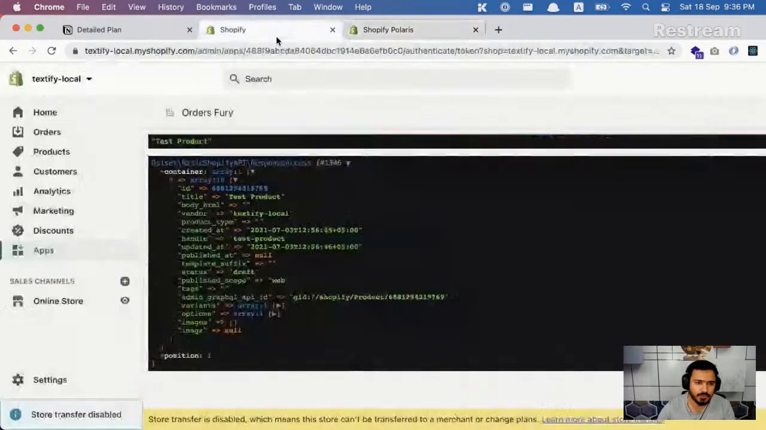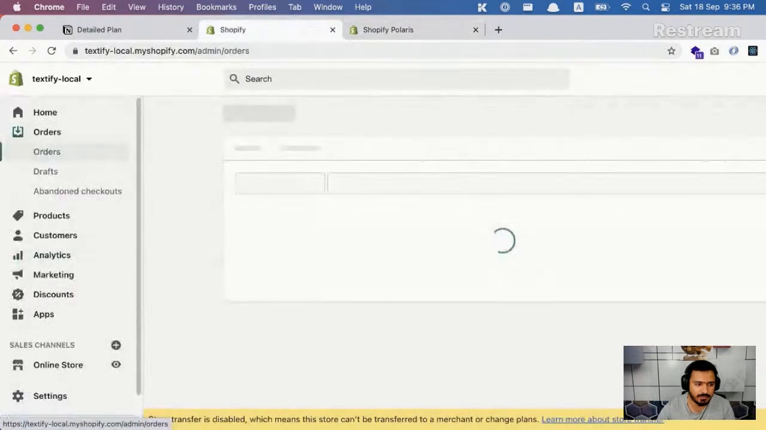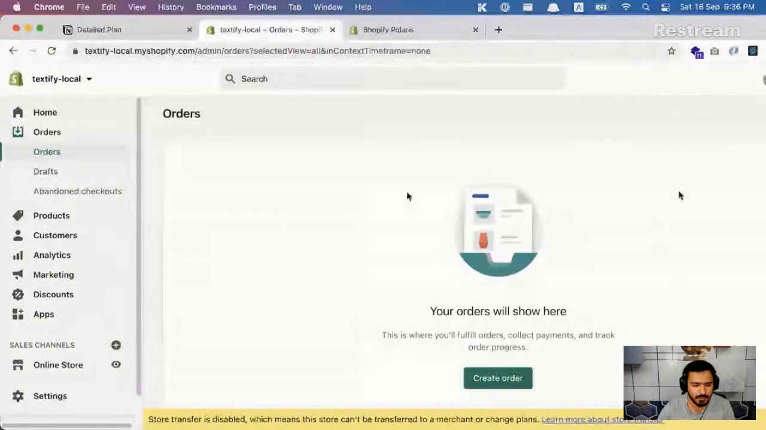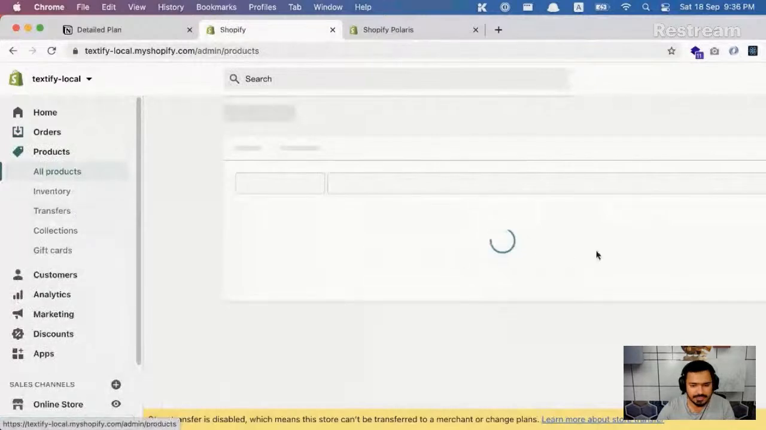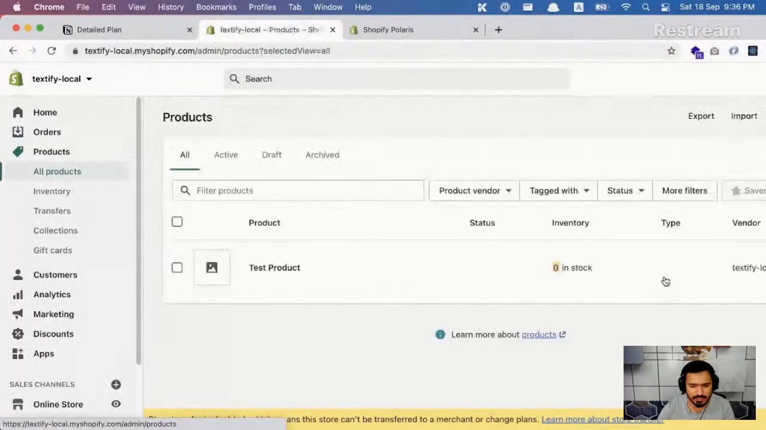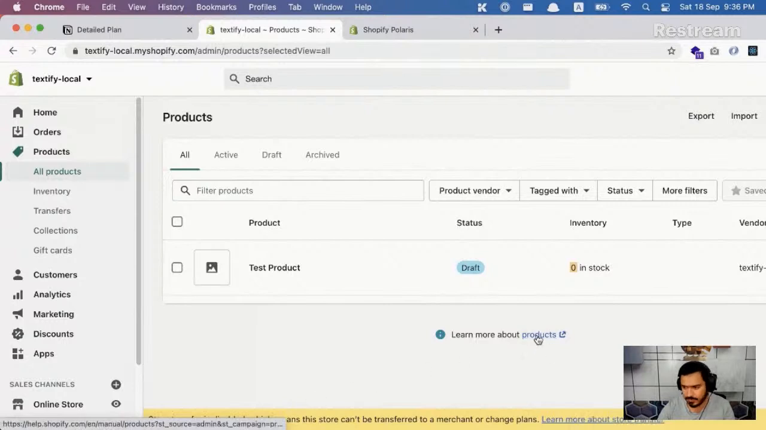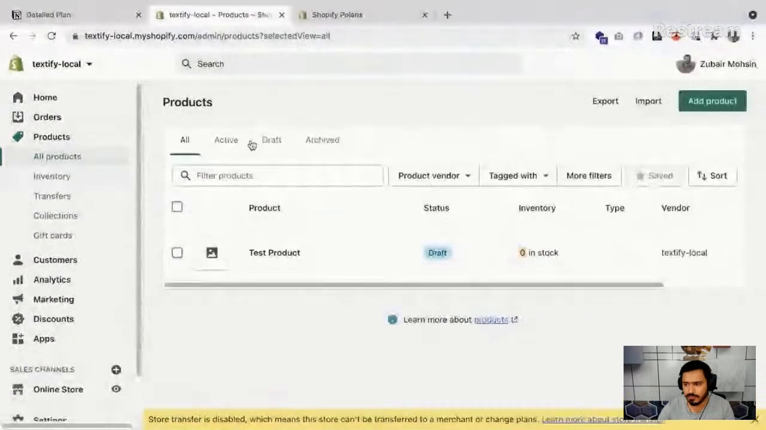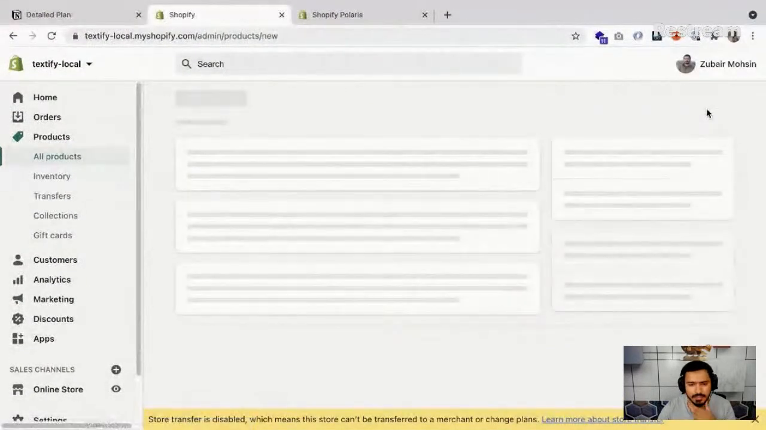So if we go to Shopify admin and go to the products table or a form, we see this beautiful UI with loading and everything, and this listing. Let me make it full screen. And if we try to add a new product,